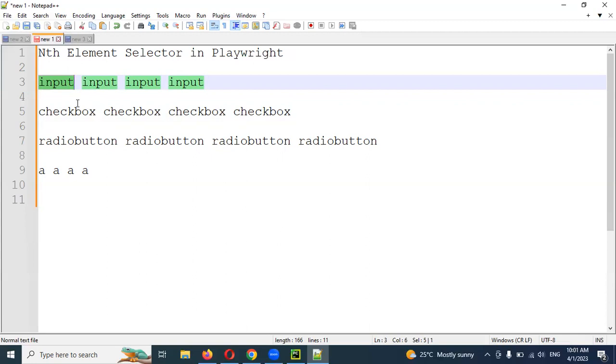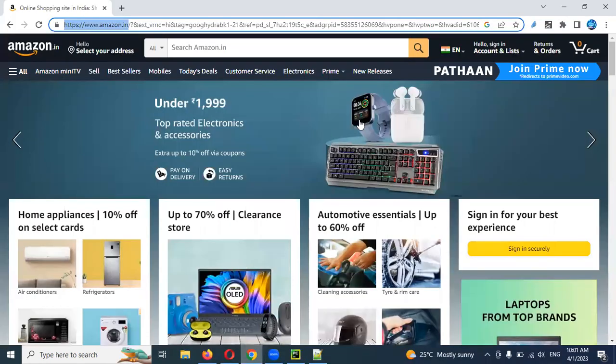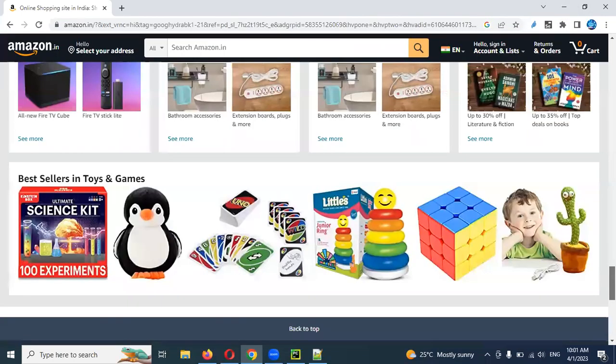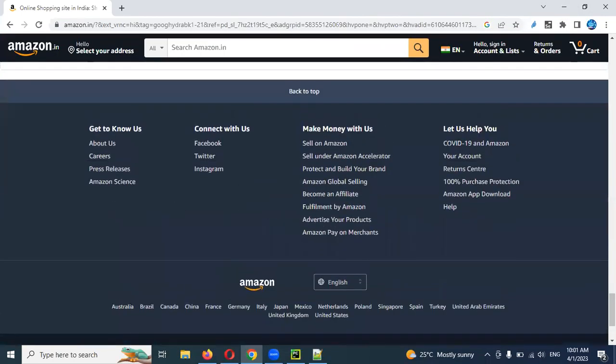This will help you identify all the children of a parent. You have the parent, and in the parent you have n number of things, and that is how you can identify them. An example is this Amazon web application. Not only Amazon, you can take any other application also. See here there are so many footer places. It's not under the footer but it is in the last place. Once you inspect here,